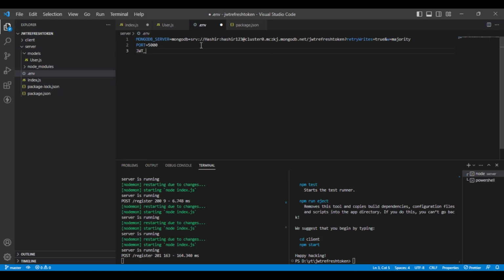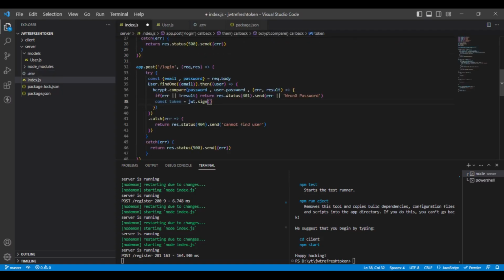So I will define two keys, JWT secret, and second one will be JWT refresh secret. So you can define any values with it. I will simply write some token key, and here it will be some refresh token key, just to separate both of them. Okay, so now I will create the